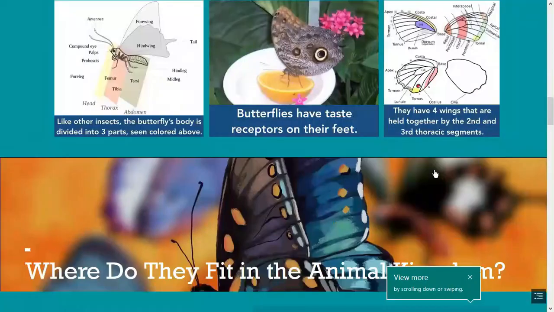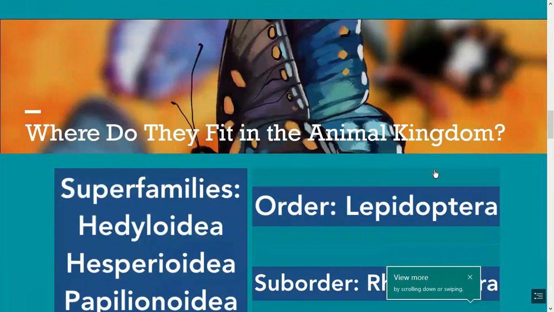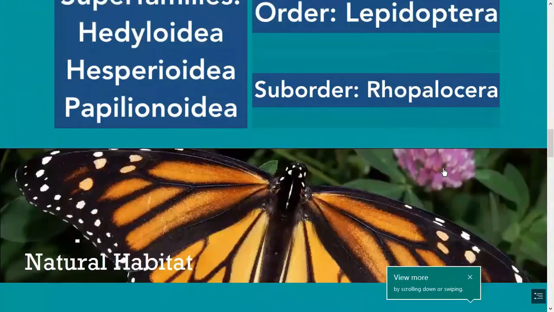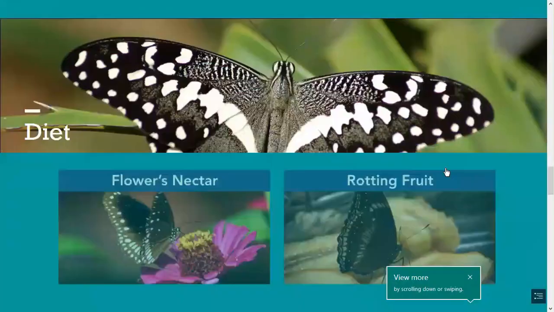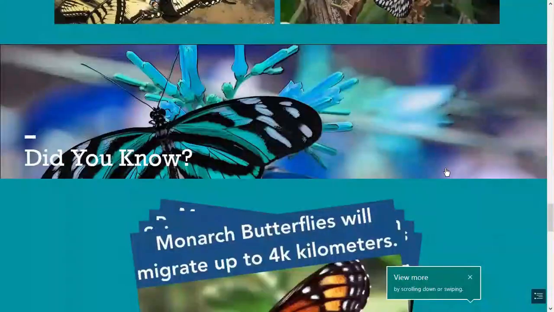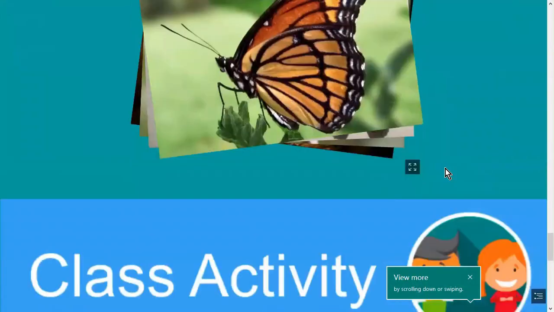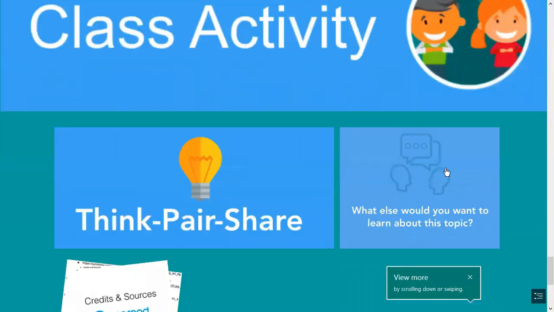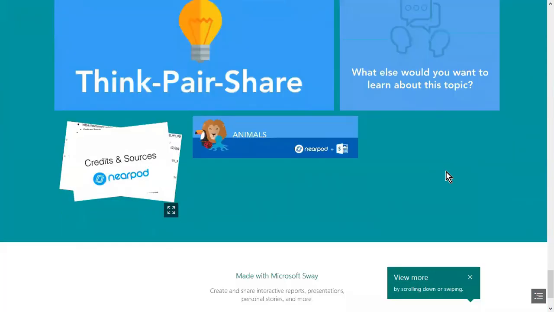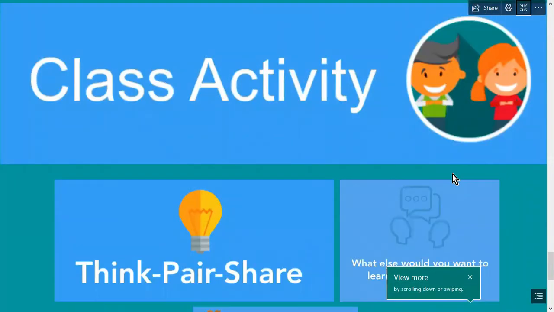Its anatomy. I'm just scrolling through so that you can see. For Sway, you will need a completely different tutorial to understand how to create your own presentations. So I'm skipping this at the moment, but you can always choose some of that which is already available.